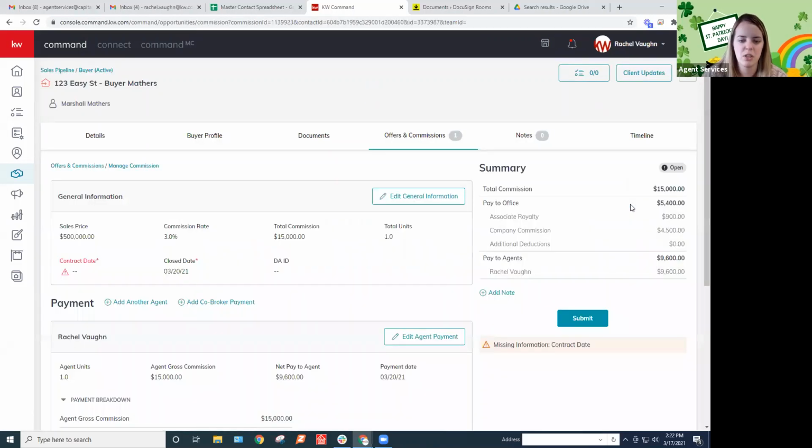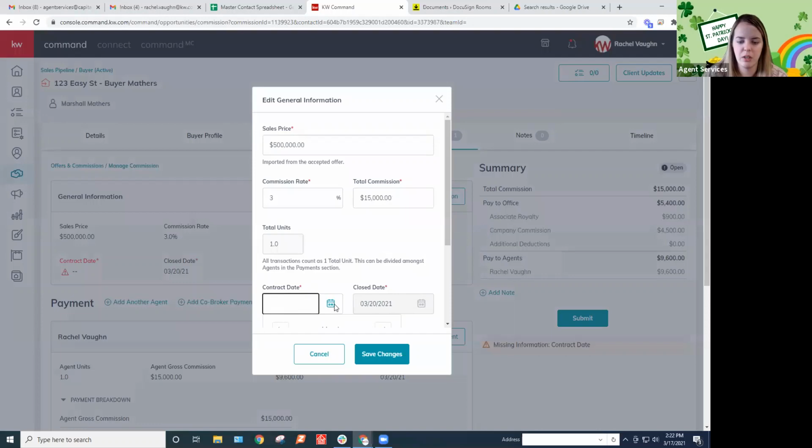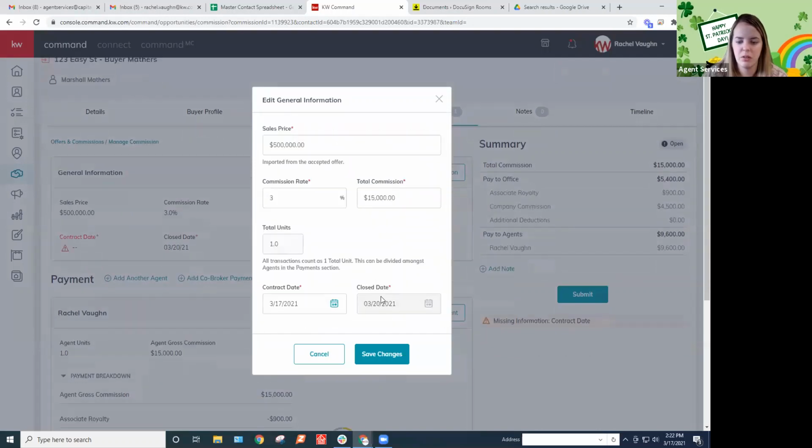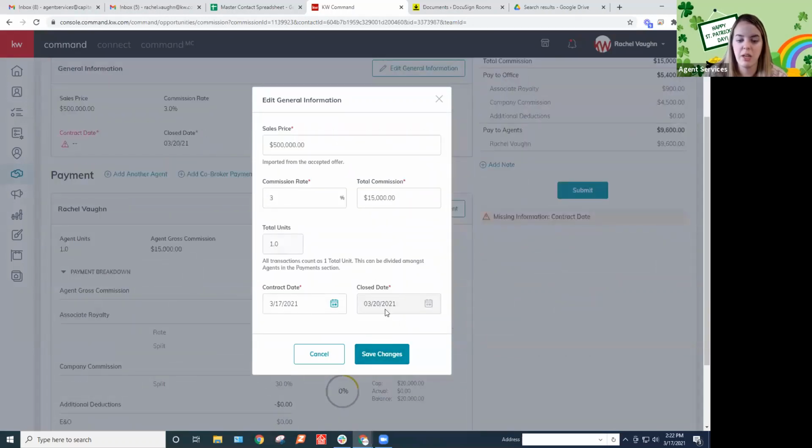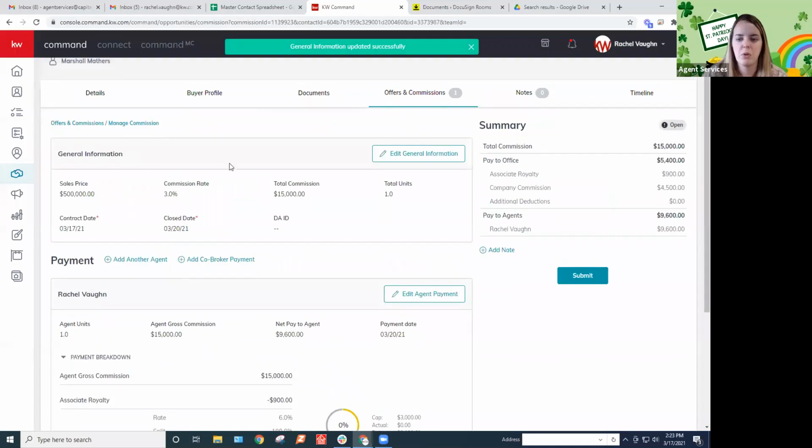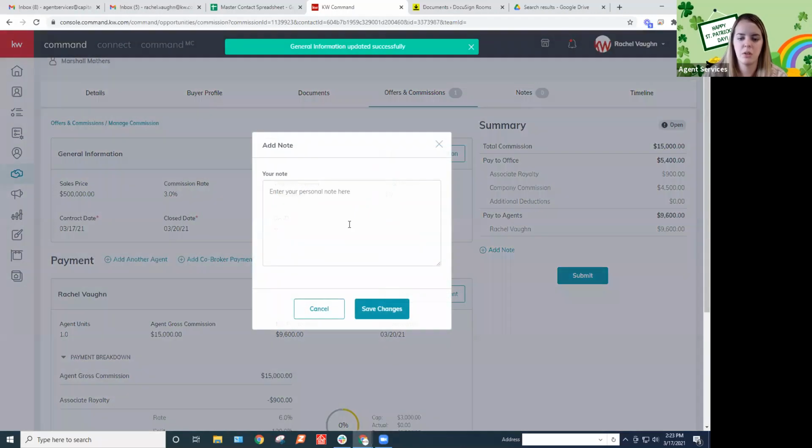So in manage commission, you're going to do whatever you need to. Say we close on the 20th. Make sure you double check that these dates are right, because this is what's going to come up on your DA and it needs to be correct. So contract date and what date you close. Once you have your commission all ready to go,